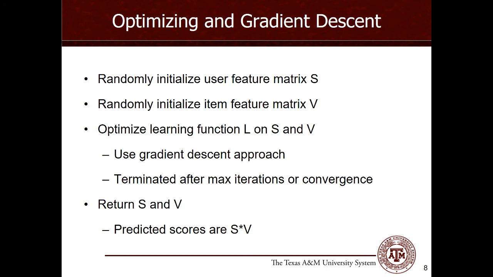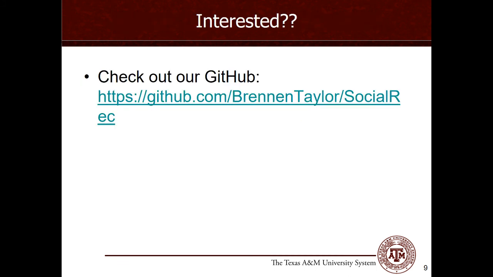To do this, we create a matrix S of feature vectors for each user and a matrix V of feature vectors for each item. Then, using a gradient descent approach, we minimize a learning function over S and V. Once we minimize this function or hit a maximum number of iterations, we output S and V, allowing the user-item rating scores of non-provided values to be